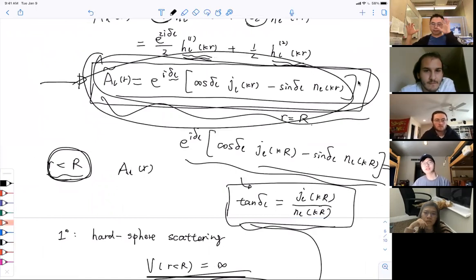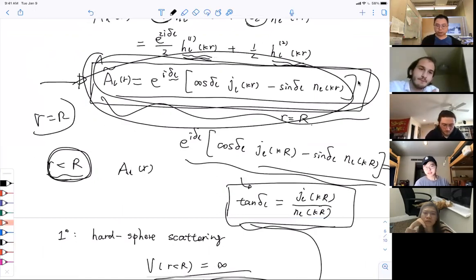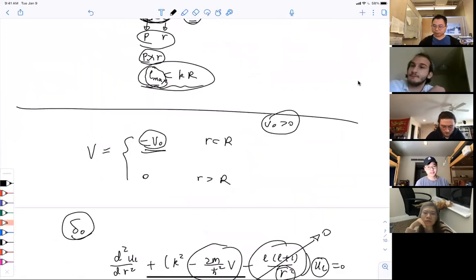Then we solve within the potential, once the potential is given, then match the boundary condition at r equal to capital R and get the delta_l. That's the philosophy. But if you have some potential like what you said,